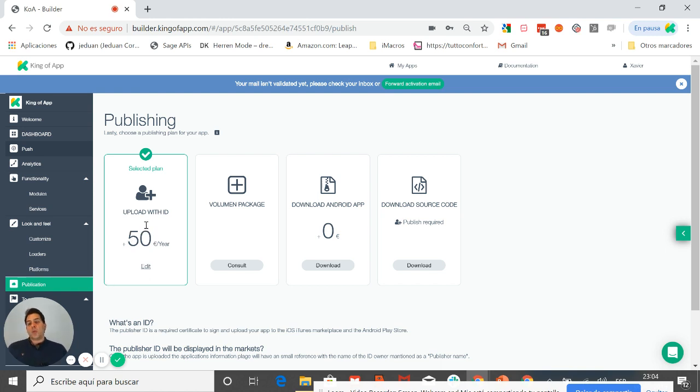In this process, we compile your app, we transform the app that we created in web technology to a native technology. We sync the app, and after we publish automatically the app in both markets, iOS and Android. Just there is one exception, that when you are